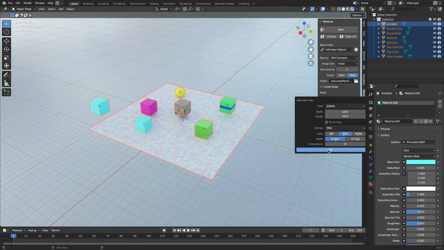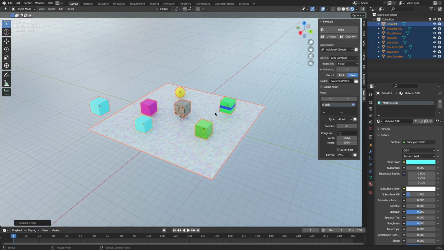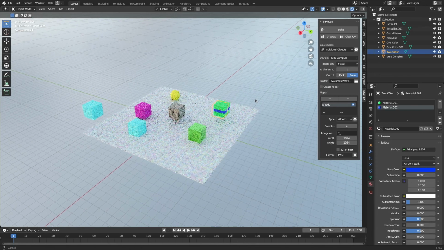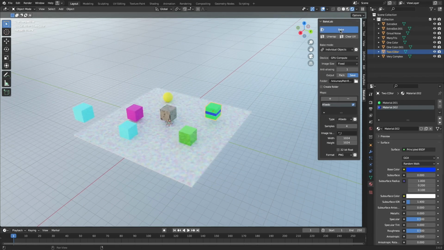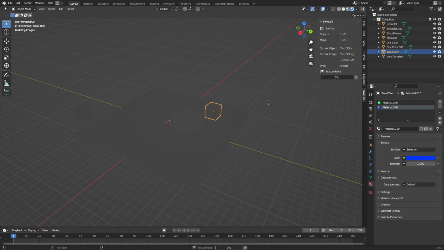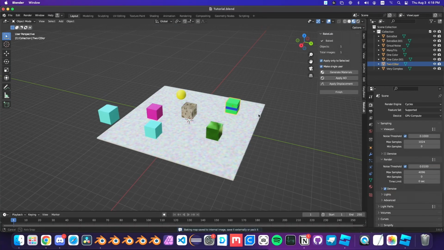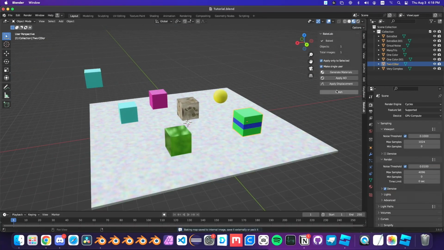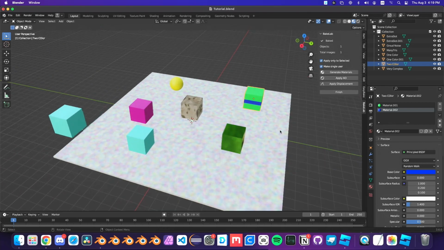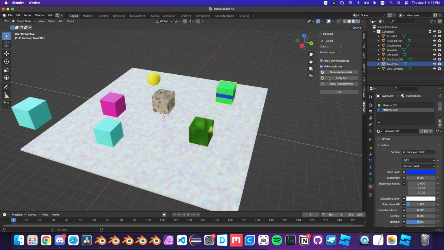Select whatever you want here, you press OK, and you can, for example, select this and you just press bake over here. It'll start baking the texture map, and once it's done baking, you should see this option right here. There's generate materials, apply AO, and apply displacement. So what's going on here is it's created the texture map, it's also saved it, but it hasn't applied it